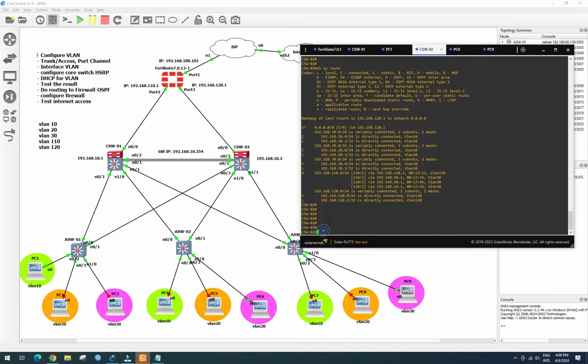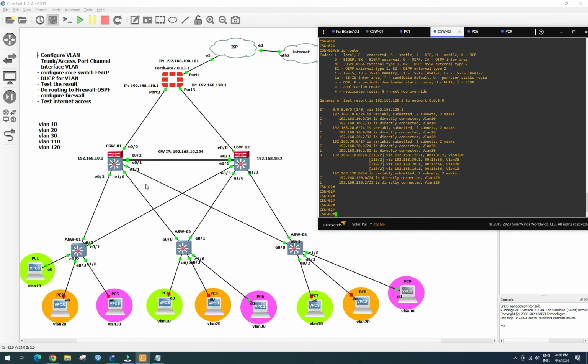Okay, so like this, maybe I add another default route to this port. So it means that if client on VLAN 30 want to access to internet, need to go back to this firewall. Okay, but for internal traffic for our network between this local VLAN, it will process by this core switch. Okay, so